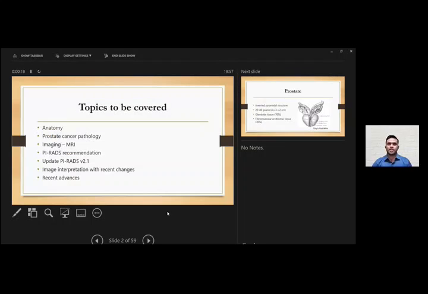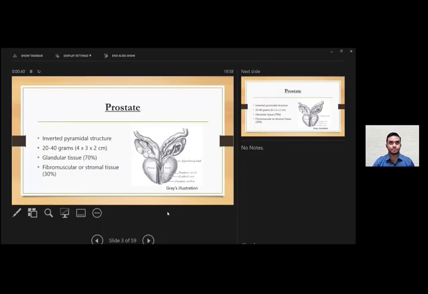So the topics that I wish to cover are basic anatomy, something about prostate cancer pathology, imaging, primarily MRI, the PIRADS recommendation, the latest updates on PIRADS imaging, version 2.1, the image interpretations with respect to the updated changes, and a few recent advances. So we all know the prostate is an inverted pyramidal structure, weighs about 20 to 40